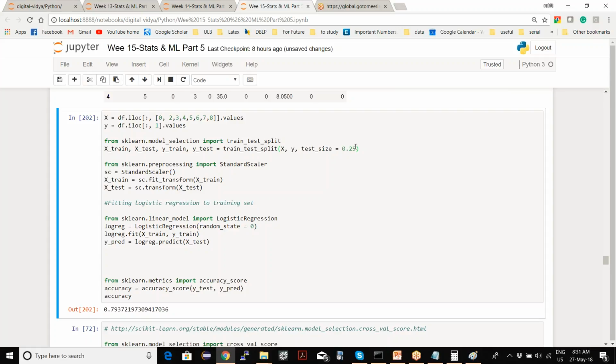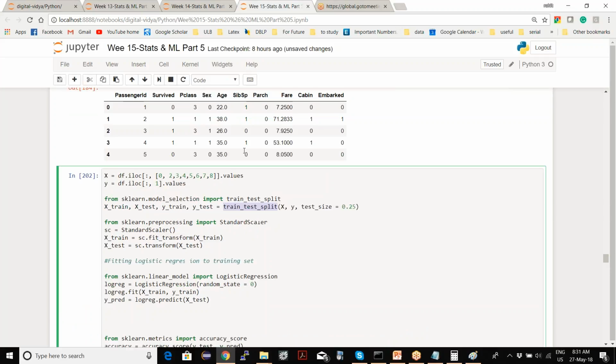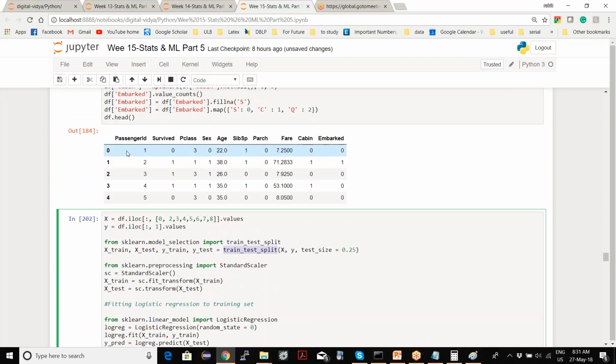What is the random part in this whole thing? If you see what we are doing here, it's the training and test split. I'm randomly picking some rows as a training set and other rows as a test set, right?